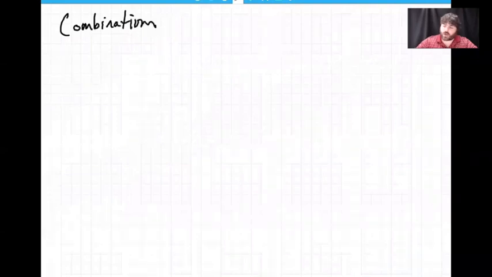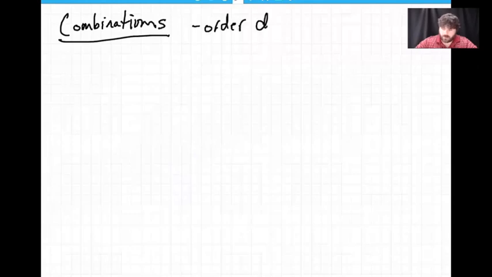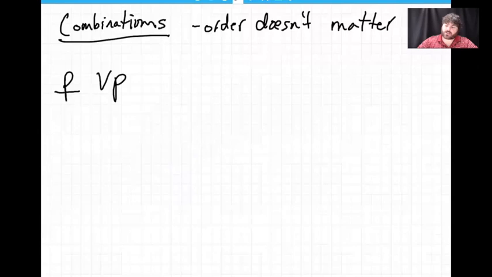It's very similar, except order doesn't matter this time. So when does order matter? When you're choosing president and vice president, the order matters. If you switch the 2 people, it's a totally different selection, okay? When does order not matter? Well, things like a committee, right? If you're on the committee, it doesn't matter if you were picked first or last, you're just on the